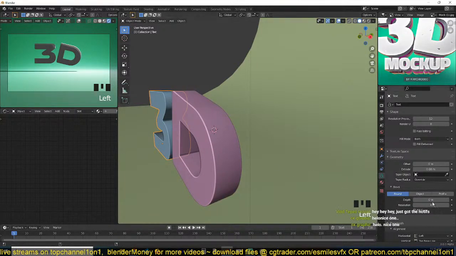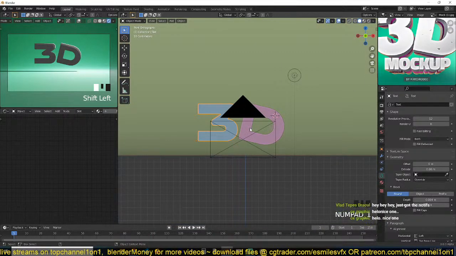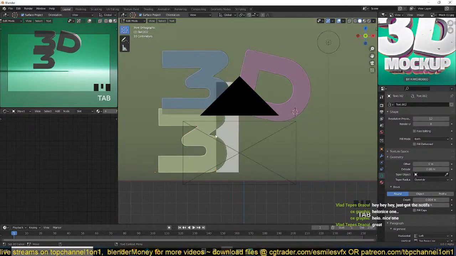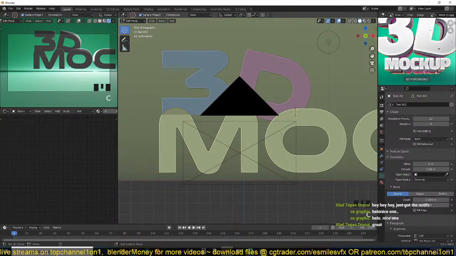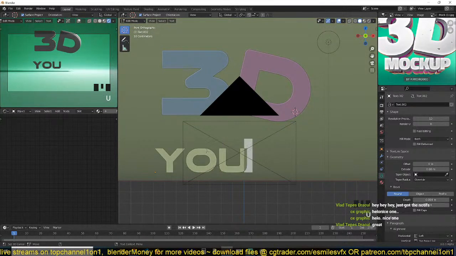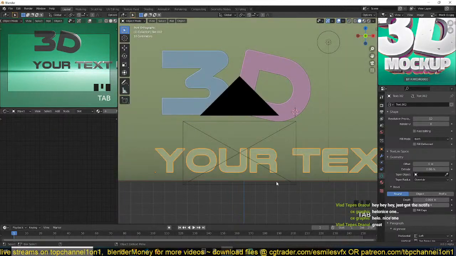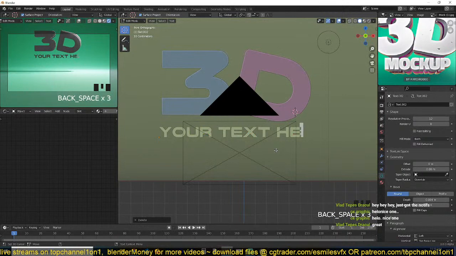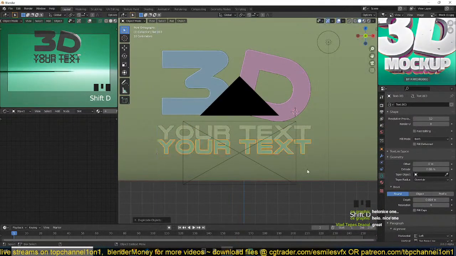Just round these corners off a bit, just like that. Now let's also add the mockup text. Just drag this down, and remember this is supposed to be animated, so this is smoke up, or we can just do your text here. So actually I want it to be your text here,